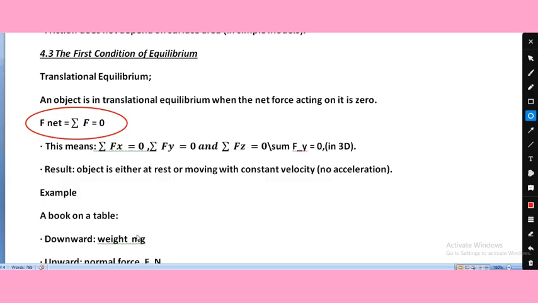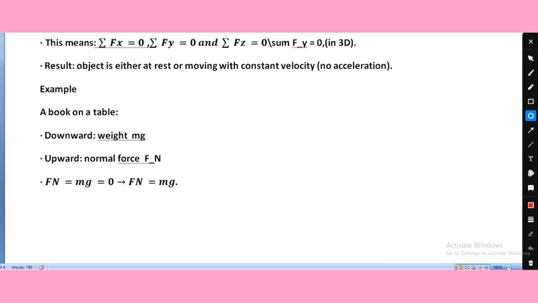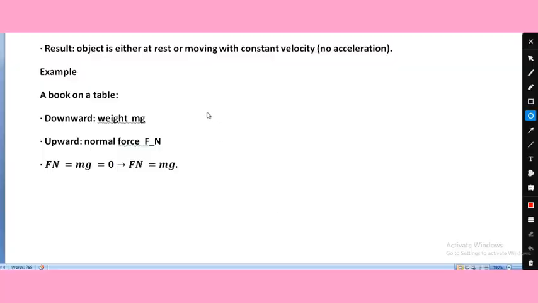A good example is a book resting on a table. When the book is resting on a table, there is a force which is downward and a force which is upward. The force exerted from the table on the book is upward, and the force exerted from the book on the table is downward. The downward force is equal to the weight, which is the product of the mass of the object times the gravitational field strength. The upward force is the normal force. When we come to the idea of the normal force, if the force is exerted,